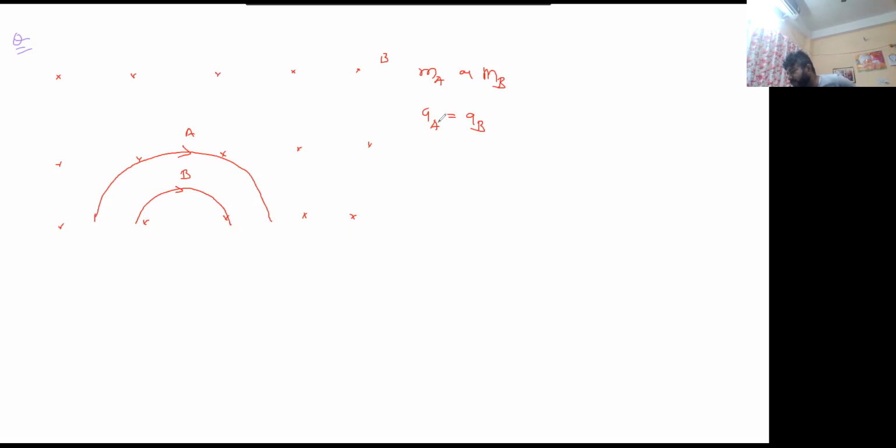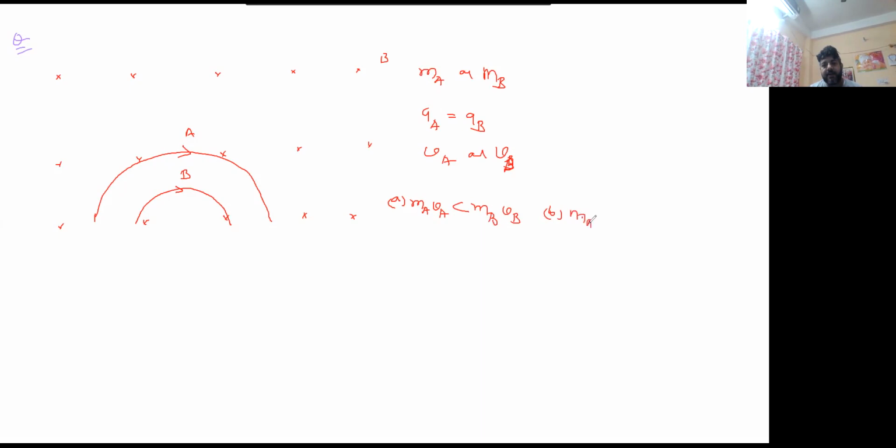They are moving in the plane. A uniform magnetic field acts perpendicular to the plane, into the page. The speeds of the particles are VA and VB respectively, and the trajectories are as shown in the figure. Then which one is the right option? Option A: MA VA less than MB VB. Option B: